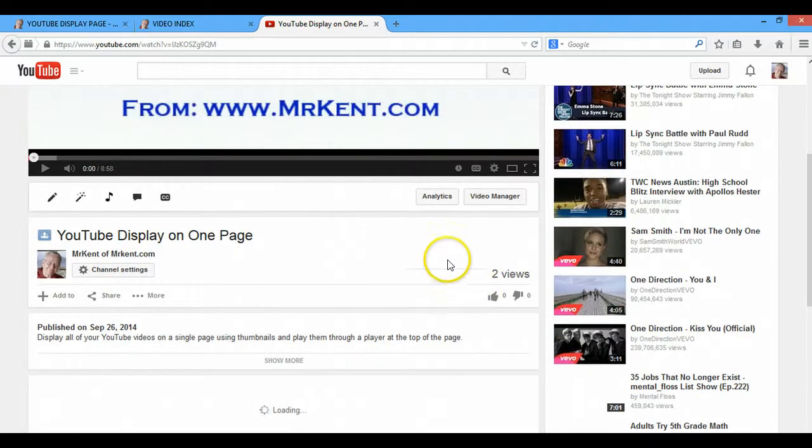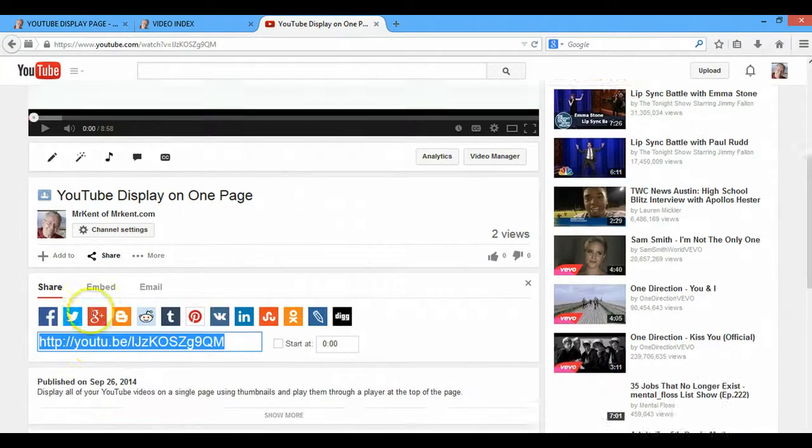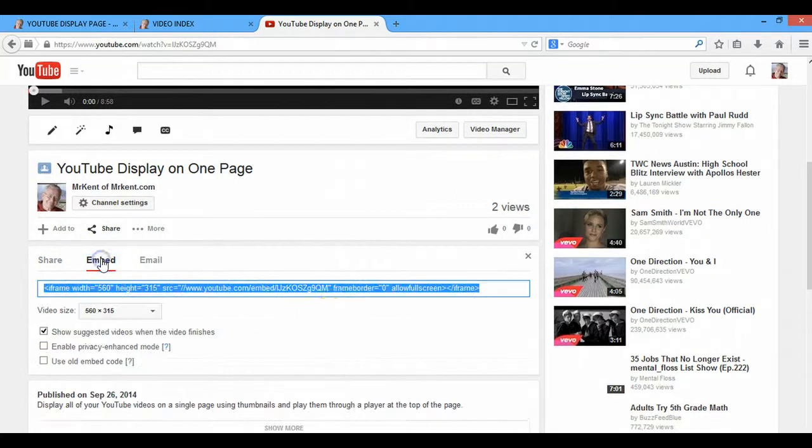Scroll down, and you go to share, and then from share you come down to embed, and then there's the code that YouTube gives you, but that's got the iframe and everything else in it. And all you want to plug into the code that I'm giving you is that part right there. So you would copy that and paste it in to the entry for your YouTube